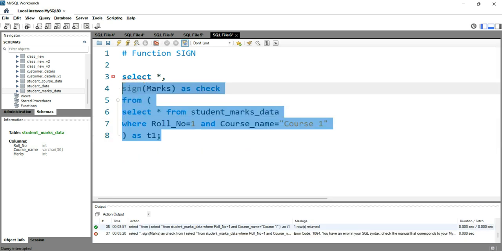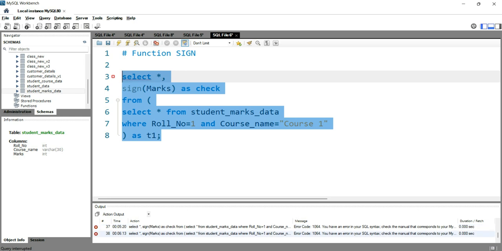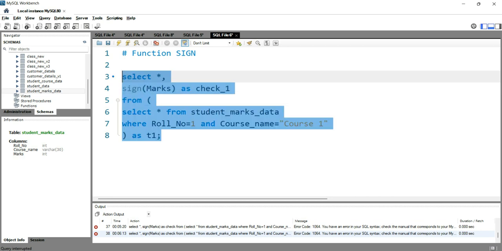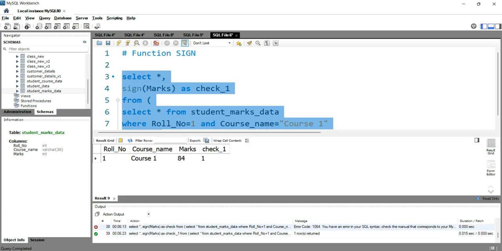Now if I run this query, I'm getting an error, and the reason might be that check is a reserved keyword. So let's put check underscore 1, and now if I run this query, I am getting 1. This means that this marks column is a numerical column and it is greater than 0. That's why check_1 is returning 1 as output.